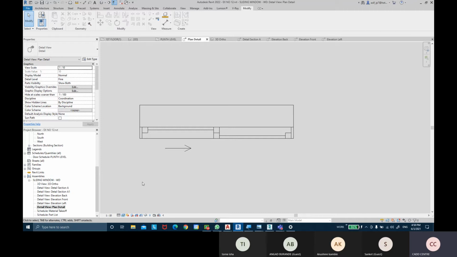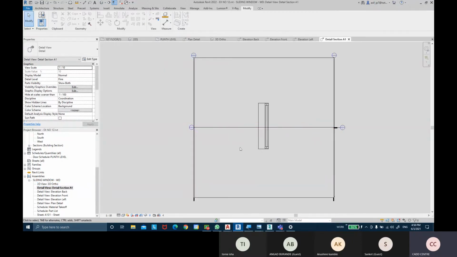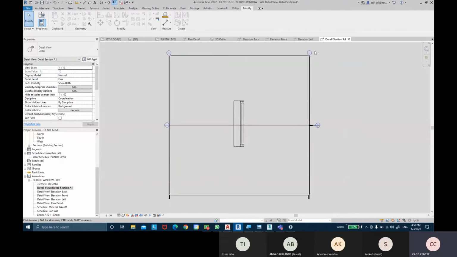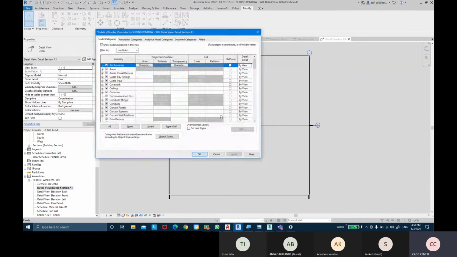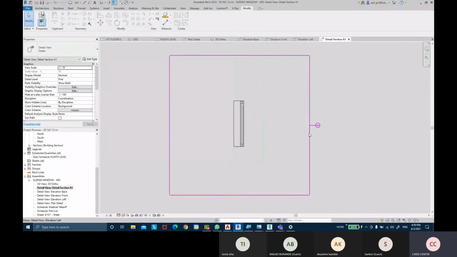If you want to see with realistic material, you can click on realistic material, or you can just see with constraint colors, you can take constraint colors. Even in section A, so section A looks very worst. I can delete that section A. Instead of section A, we got section A1. Right, this is perfect. You can see at least the detail of that window. I don't want to view these symbols actually. So once again, we can come in visibility graphics, VG, annotate category, search for sections, apply, okay. And this is the callout box basically, which I can scroll down.